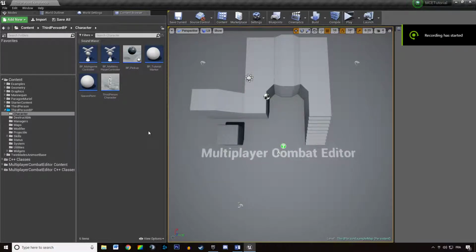Welcome everyone in this new video tutorial about the multiplayer combat editor. In this video we're going to talk about multiplayer modifiers. So it's going to be kind of a bit of a technical video. You might have some troubles understanding everything, especially if you don't have some multiplayer background, but I'll try to keep it simple and organized so you can properly follow and understand what you are supposed to do when it comes